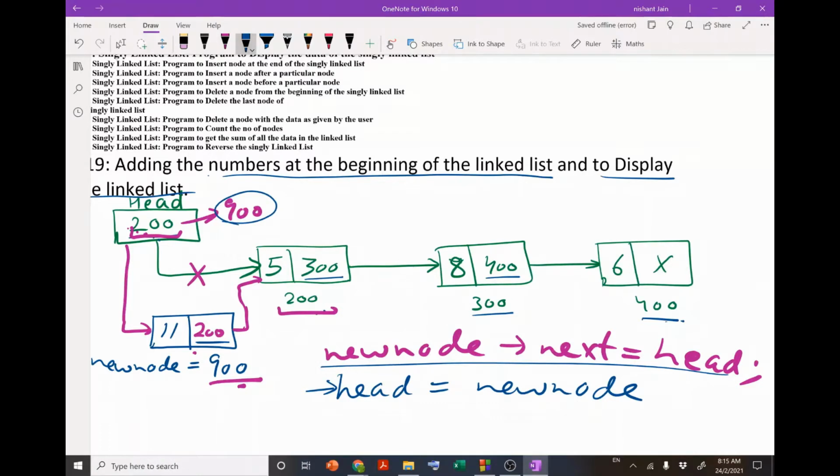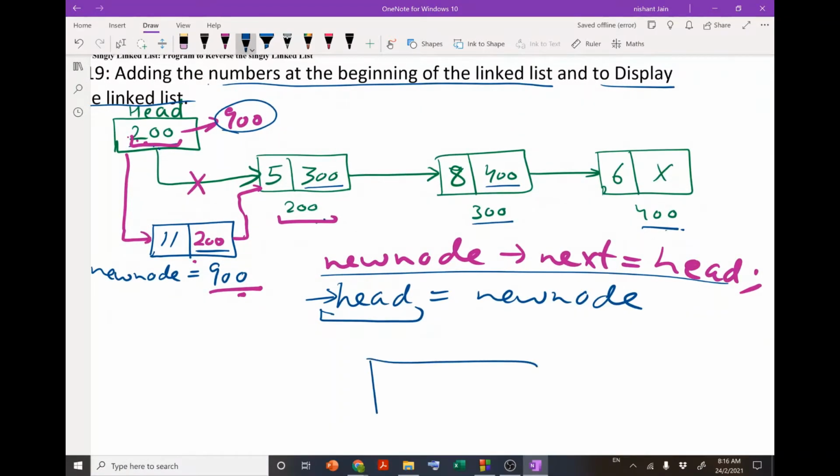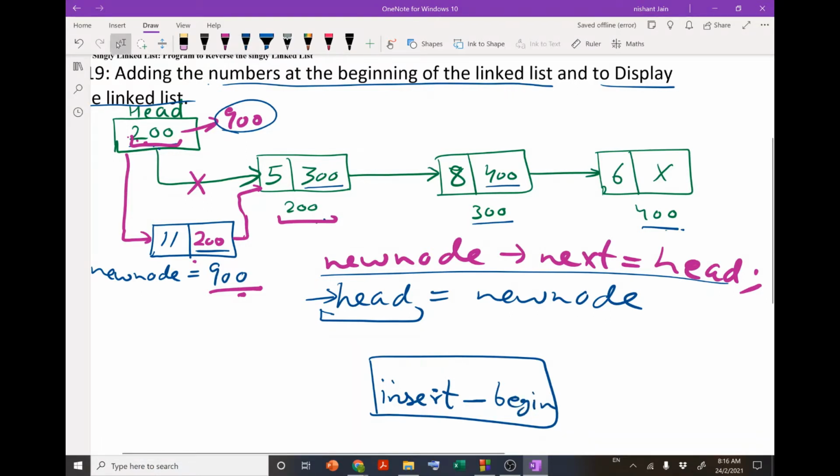And since I am going to write a function to insert a new node at the beginning of the linked list, you can see I am updating the head. So if I want to write a function to insert a node at the beginning, and if I name my function insert begin, then since in the linked list the only data that is required is the information of head, I just need to pass the input as head to the insert begin function.